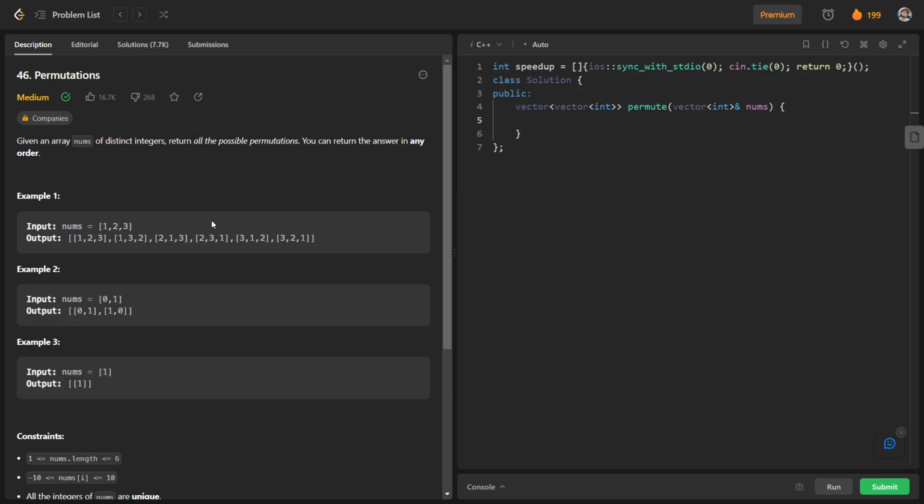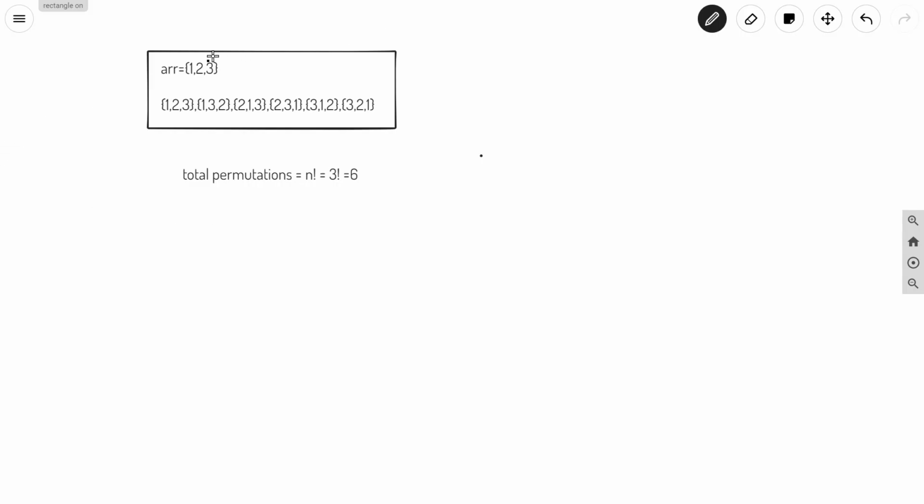So let us have a closer view of this question. You can see that we have this array 1 2 3, and the size of this array is 3. We know that if there are n elements, the total number of permutations will be n factorial, and here n is 3, the size of this array, and 3 factorial is 6.